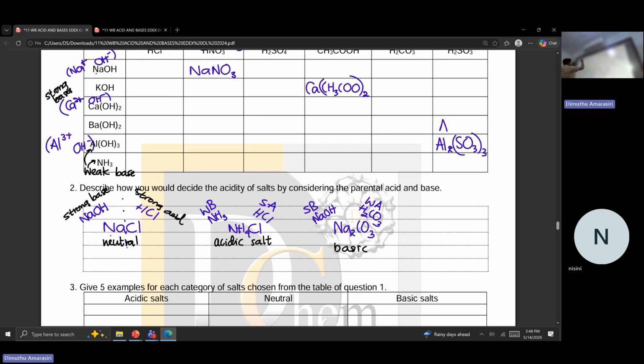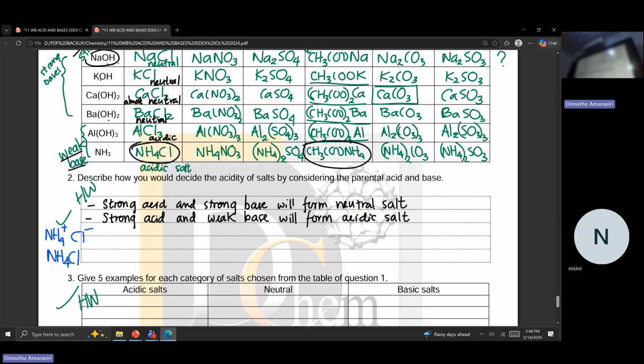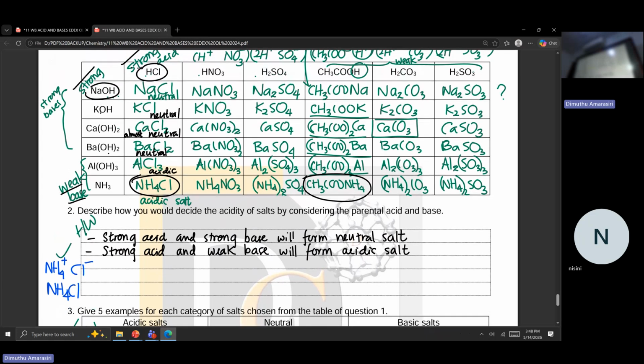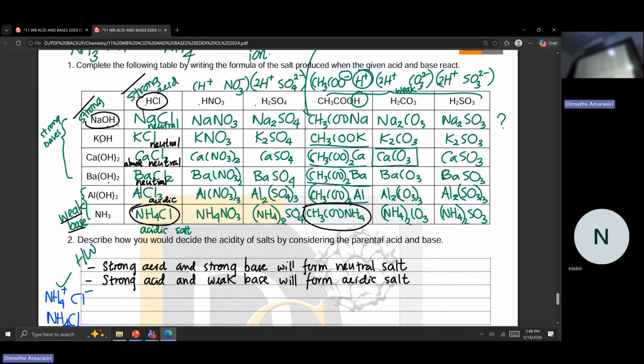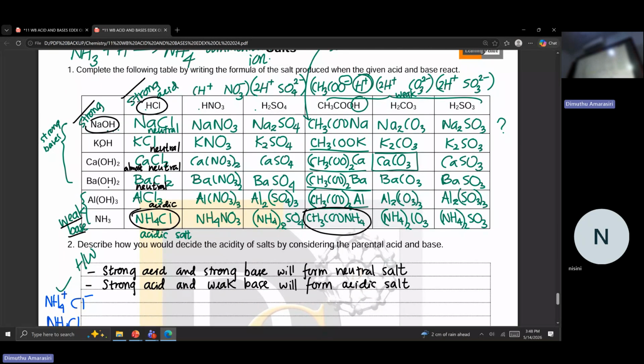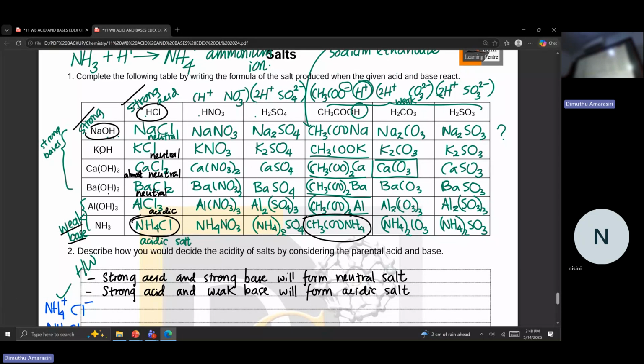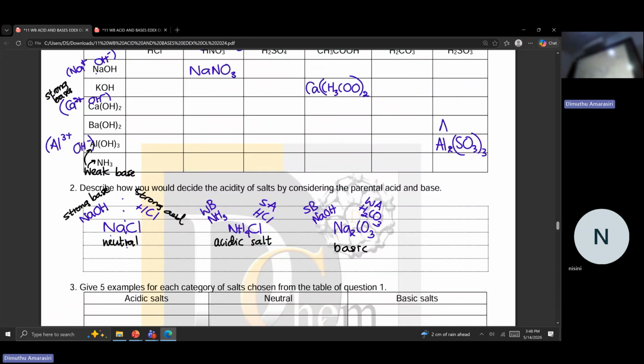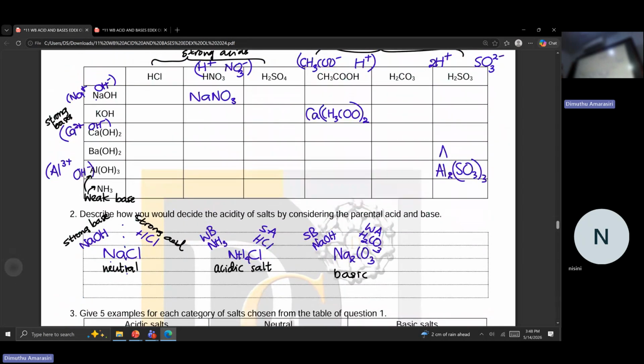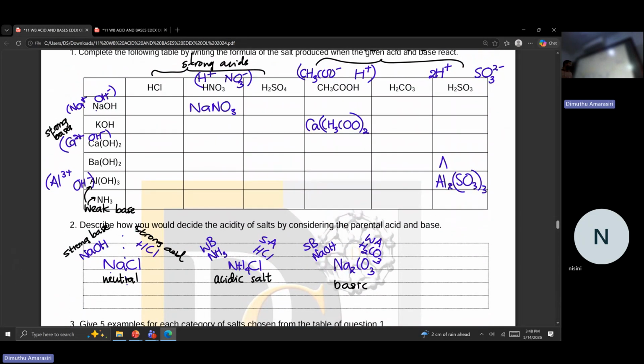Right? Before that, why not we quickly write that point where strong acid and strong base will form a neutral salt. You have to write the statements yourself, four of them. Right? And also, copy this directly. After copying, I want you to quickly look into your table and figure out some acidic salts, basic salts and neutral salts. Right? You have lots of salts in your table now. Look at which are acidic salts and neutral salts.